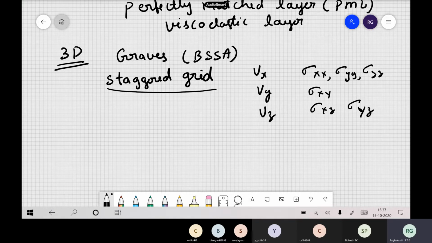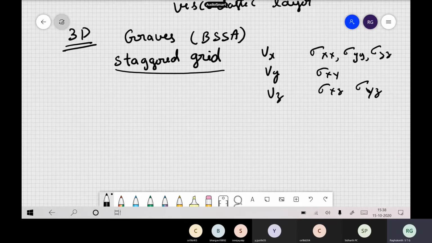Okay, so if you see this Graves paper, or even the Moczo textbook, he gives all the big equations. Okay, you would have seen in the finite difference textbook, say. So if you see page number 171, he gives all these big equations, but the concept is the same itself. So you can rederive these expressions and you can try here. Okay. So now the last thing in our finite difference approach.